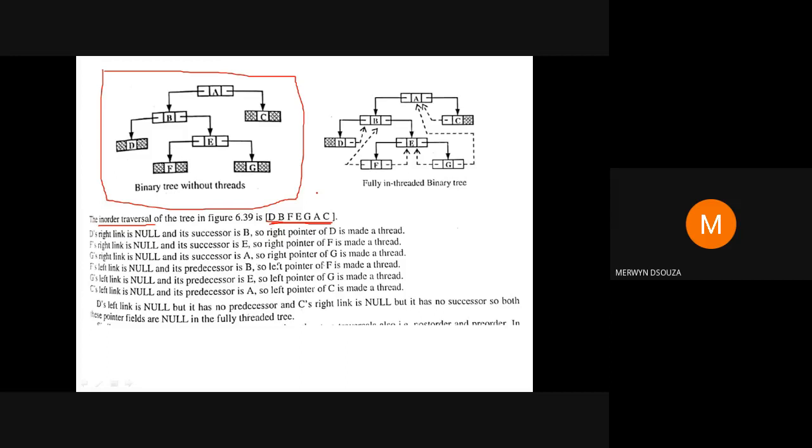Once you have got the sequence of nodes, going back to something we discussed before, you have to know the meaning of a predecessor and a successor. When we were doing binary search trees, I told you what the in-order successor and in-order predecessor are. Just for revision, I will tell you here. Once you find out the in-order traversal, if you want the predecessor of node B, then the value that comes before B is D. So the predecessor of B is D.